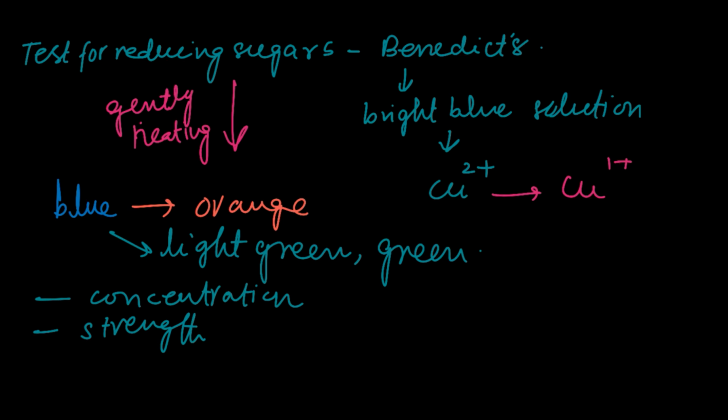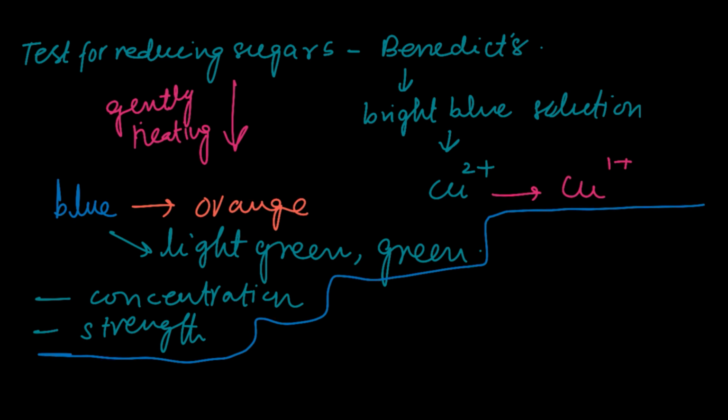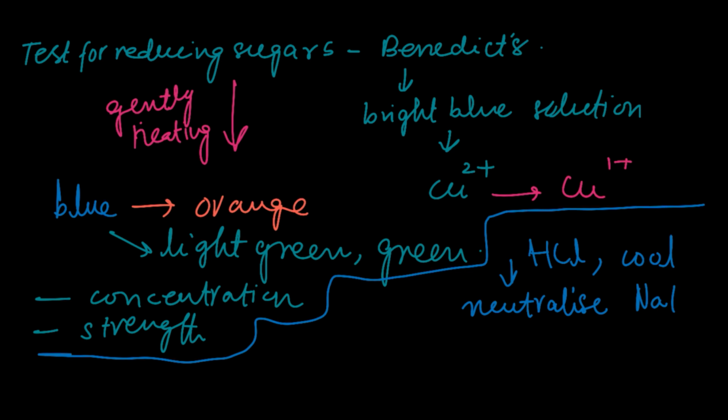As we know, non-reducing sugars will not react with the Benedict solution, hence they will give a negative test result. For example, we have sucrose, that we just studied. And we can react sucrose in a way, let's go over that quickly. If you heat sucrose with a few drops of HCl, that's hydrochloric acid, and you allow it to cool, and then neutralize the solution with sodium hydrogen carbonate,